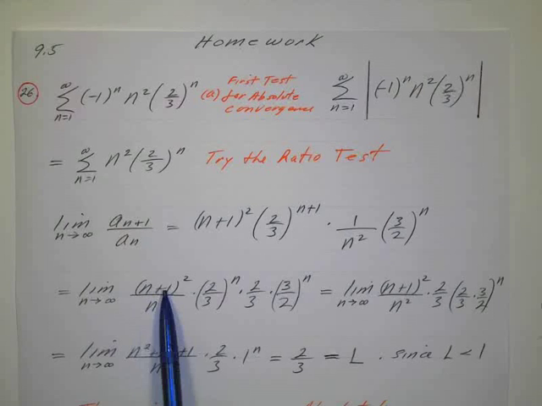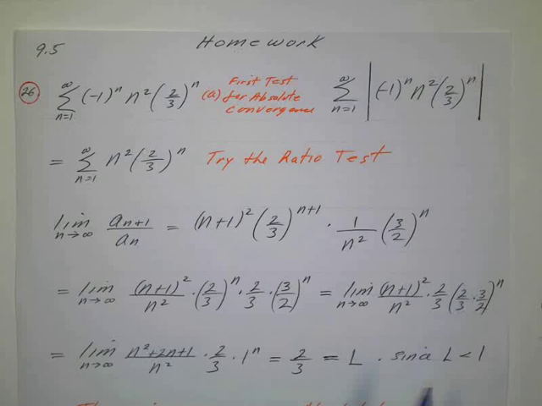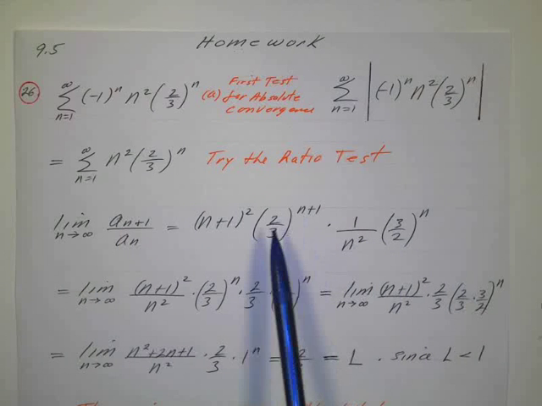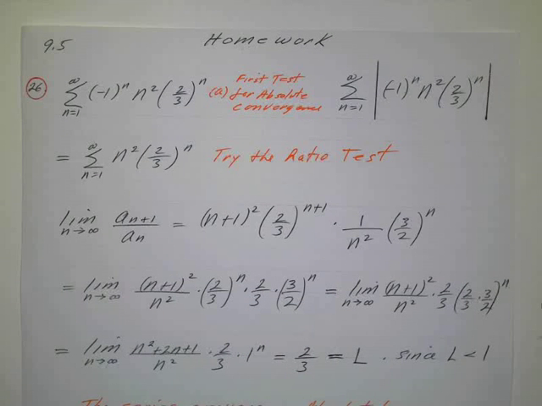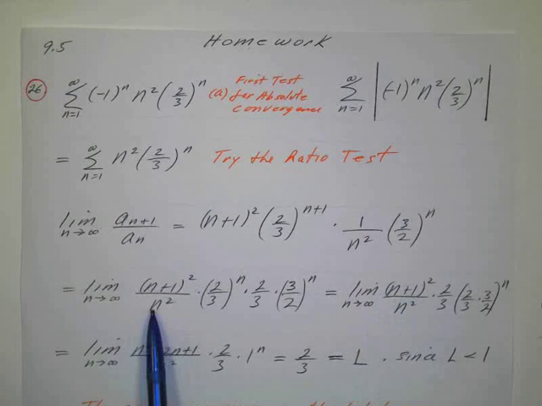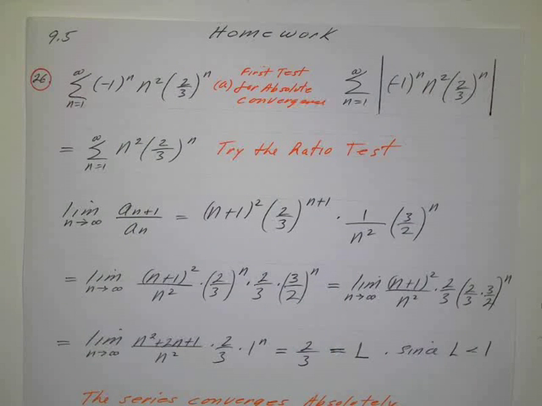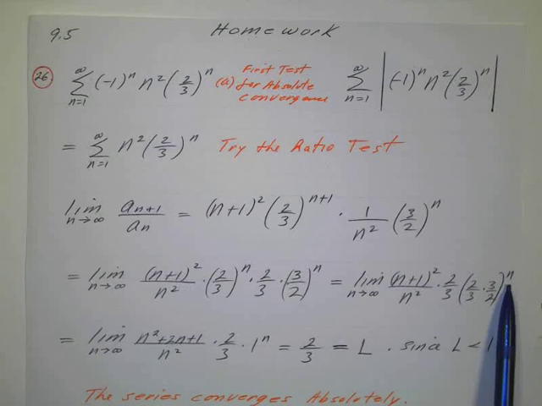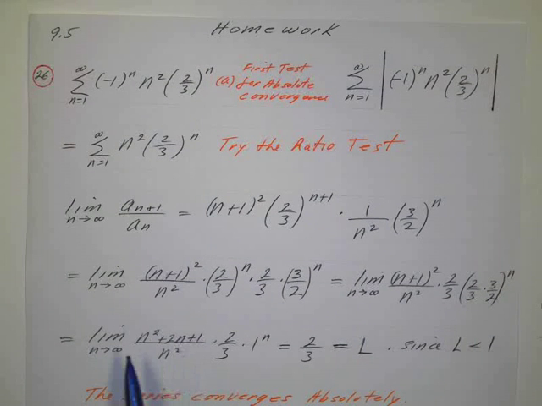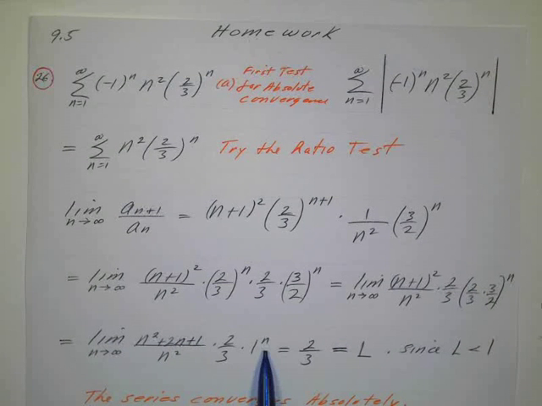And then over here, I brought the n squared over, so I have n plus 1 squared over n squared. Okay? And then this is 2/3 to the n times 3/2 to the n. I did a little bit more rewriting, and I've got n plus 1 squared over n squared, and I got the 2/3, and then I could put both of these under the n power. So 2/3 times 3/2 under the n power is just going to be 1. And then I multiplied this out, so it'll be a little bit easier for some of you to see. N squared plus 2n plus 1 over n squared, times my 2/3 times 1 to the n,